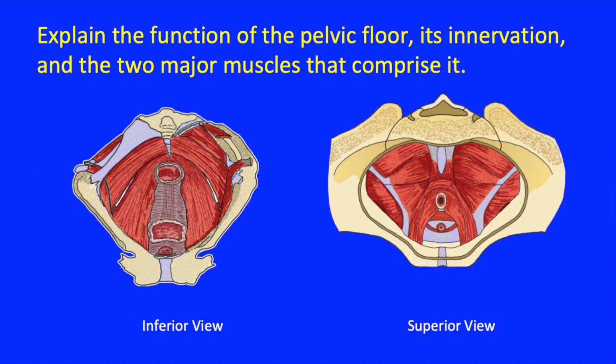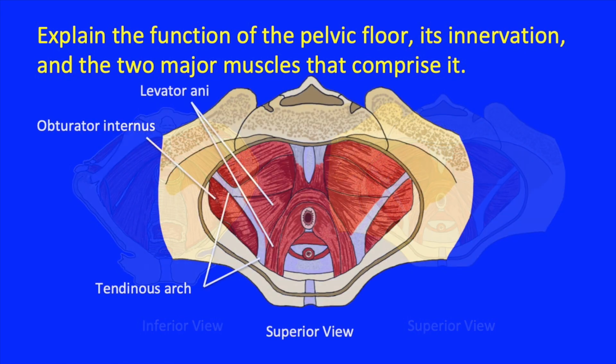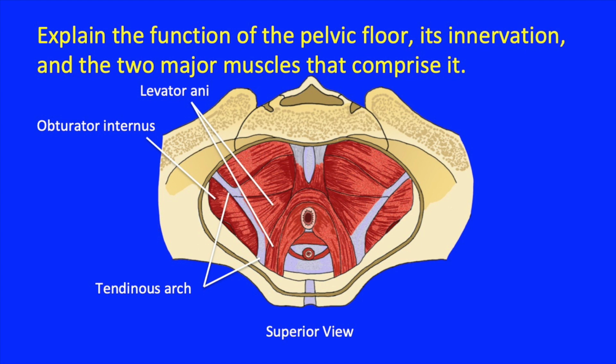There's a special feature of the levator ani, however, that you should become aware of as it pertains to the pelvic floor. Note that most of its origin is from the tendinous arch, the thickening of the obturator fascia extending from the body of the pubis to the ischial spine. Understand why the way that the levator ani takes its origin from this tendinous arch and extends to meet its contralateral levator ani, originating from the opposite side,